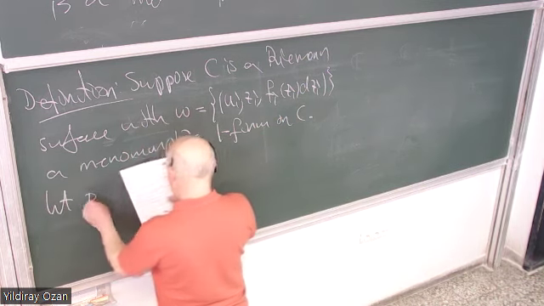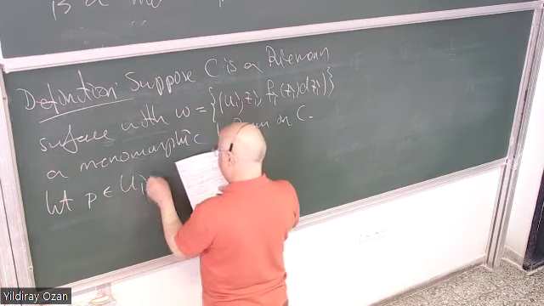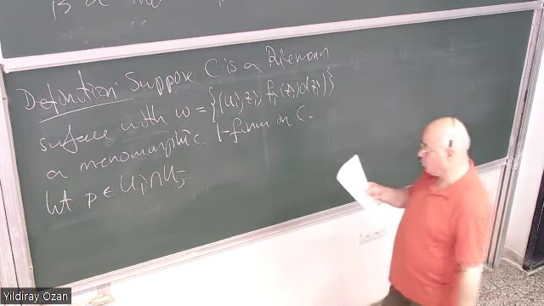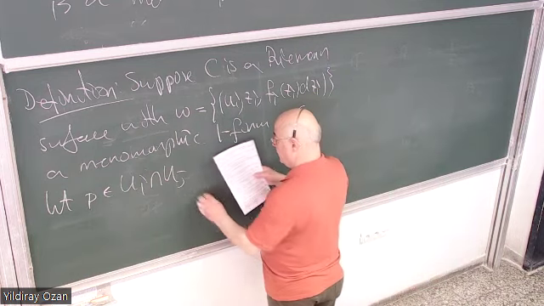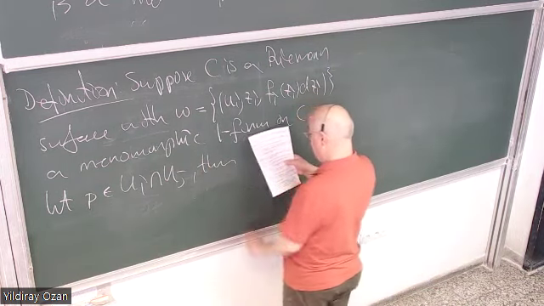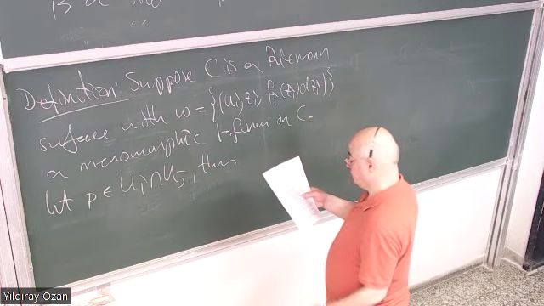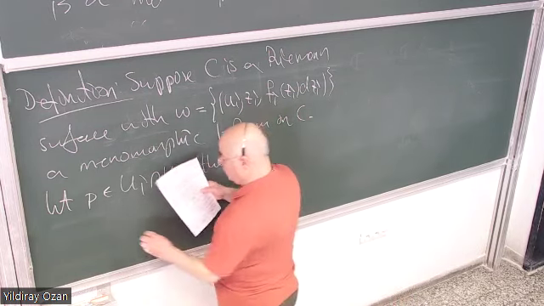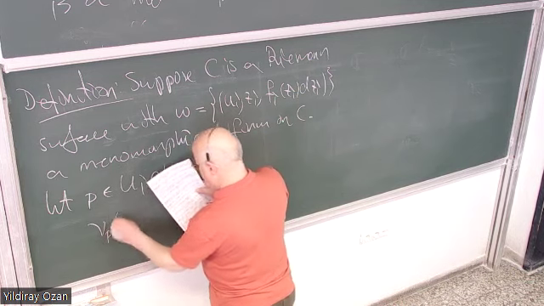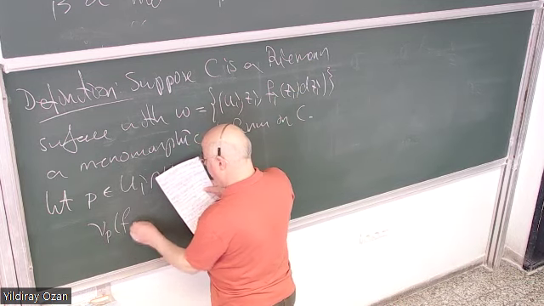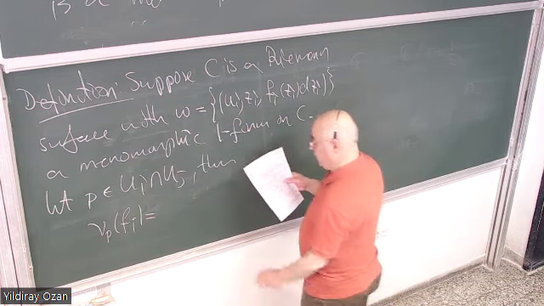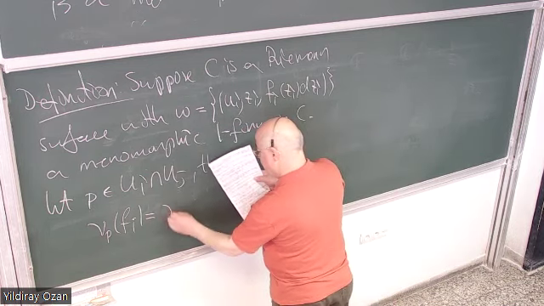Let P be a point contained in the intersection of two coordinate systems. Then the multiplicity of fi at P will be just